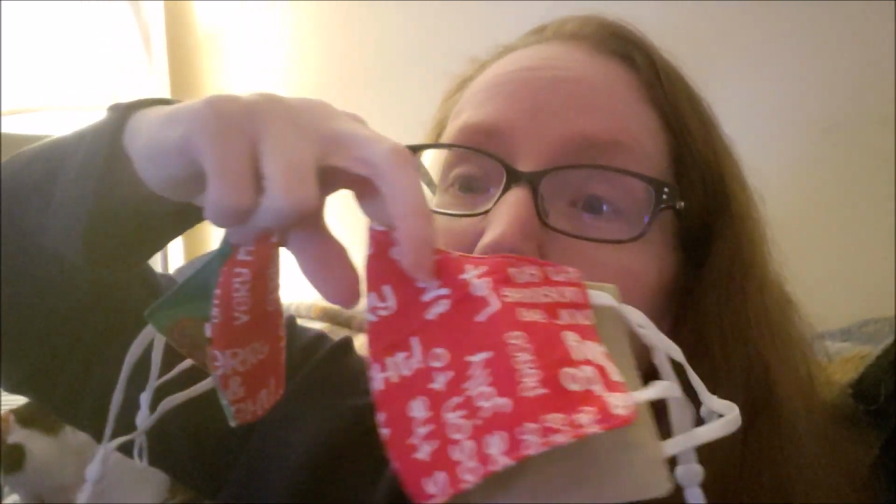As it is, I finished the scrunchies, or I finished the mask UFO also. So I had the red part, there are two of them. The red part was cut, and I had to find coordinating fabric because the red parts were the same side. This is cut in basically 4 parts. So 2 outside, 2 inside, and they were the same side of the mask. So I had to cut the other side and then the back and finish them. So I'm very happy to be done with those, which brings us to